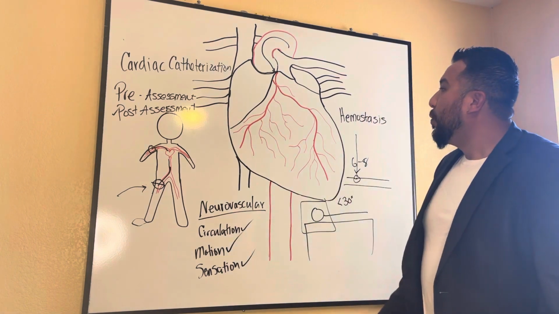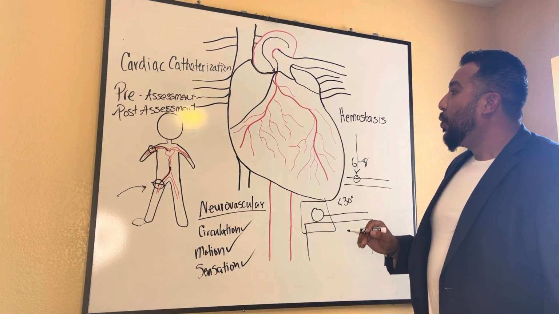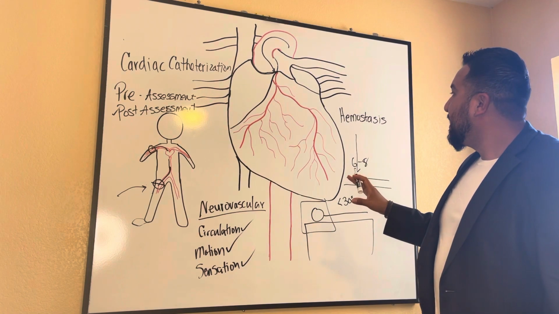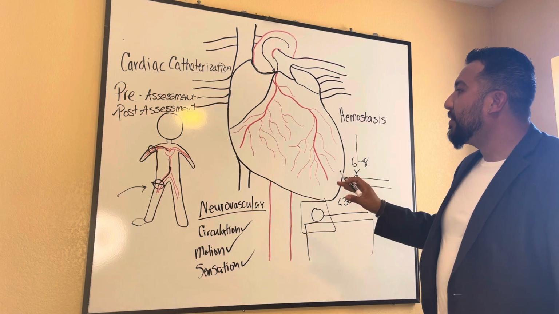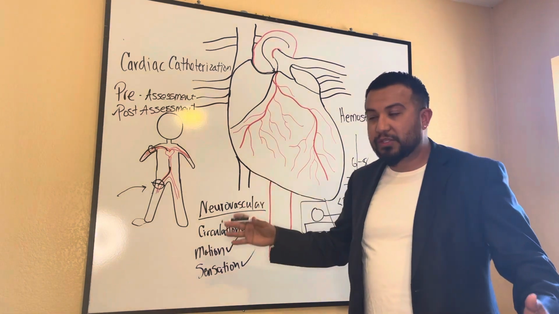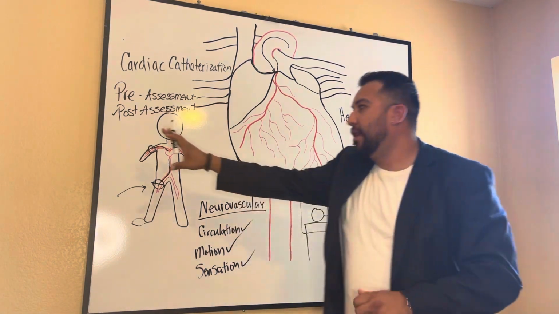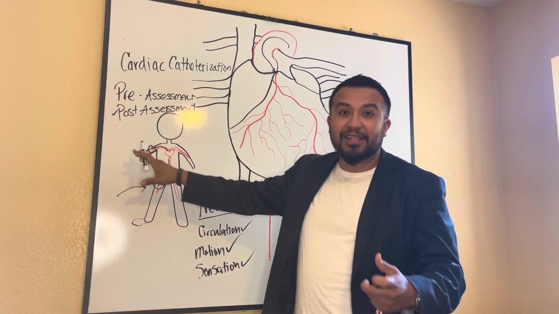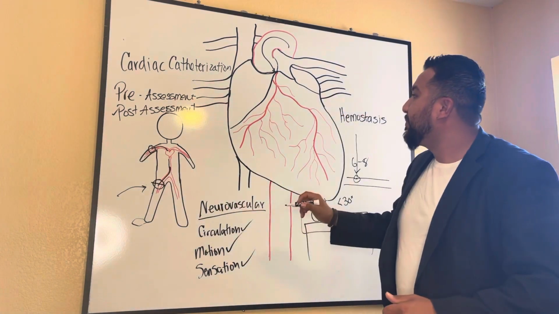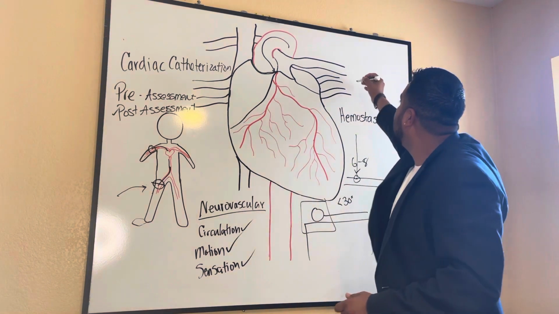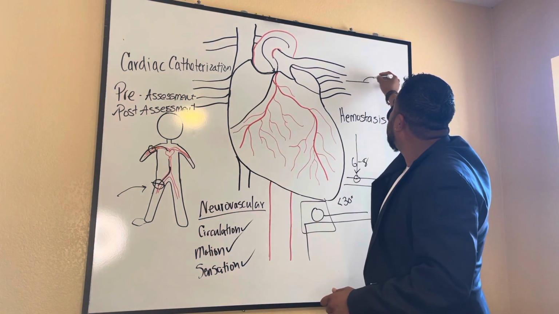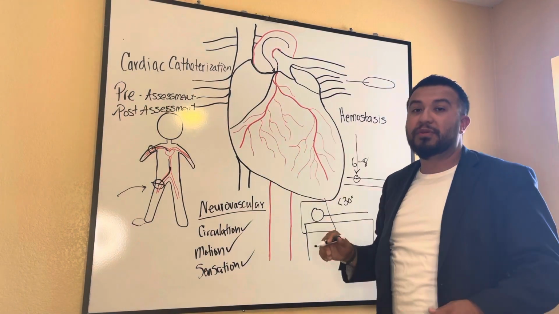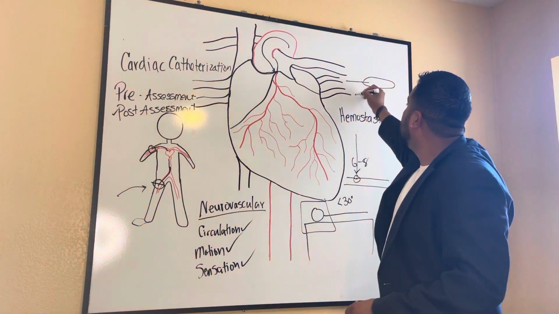Okay. One more thing that I want to mention is when somebody is having cardiac catheterization, it's important that we consider the patient's overall well-being, right? So we will be assessing vital signs, not in the extremity that the access was created in. We also have to consider the type of procedure sometimes has a balloon in the catheter that goes inside the coronary circulation. And so we can do balloon